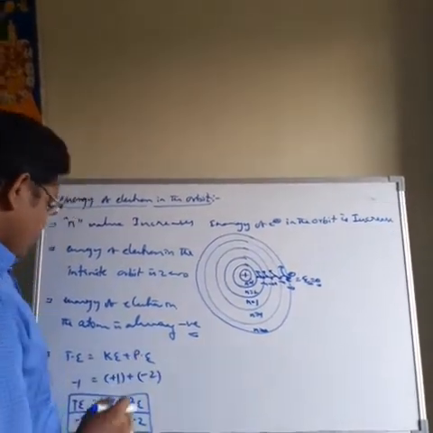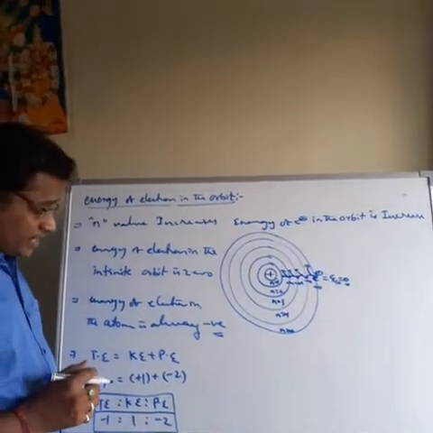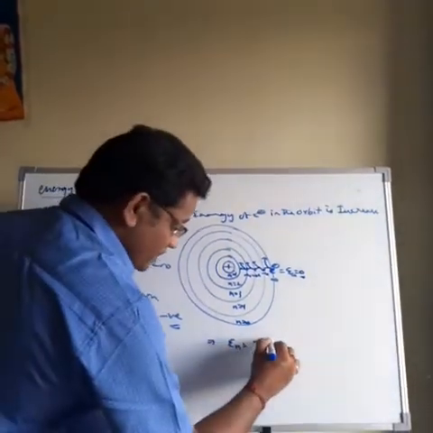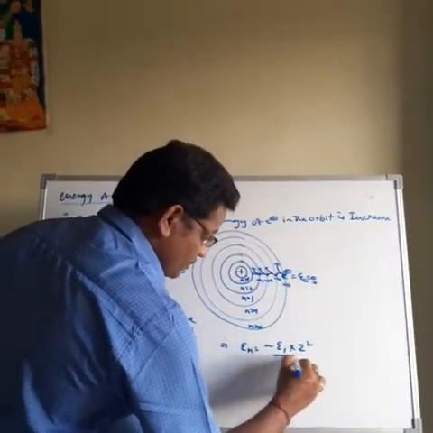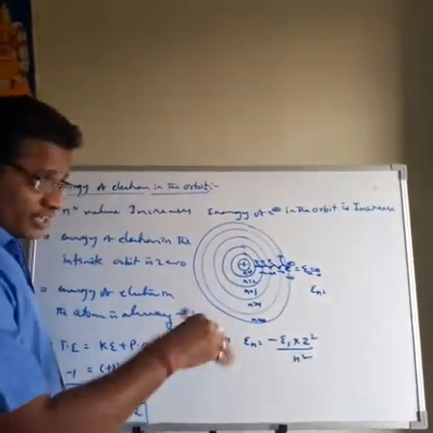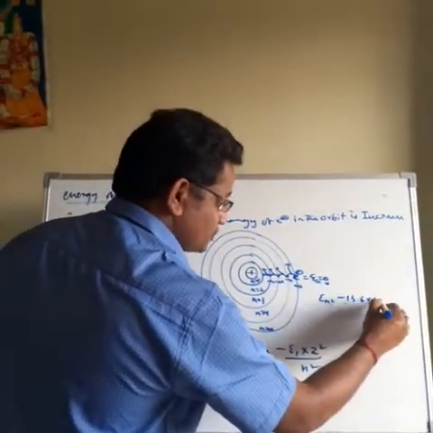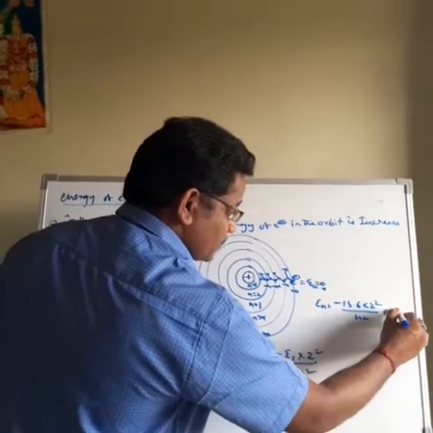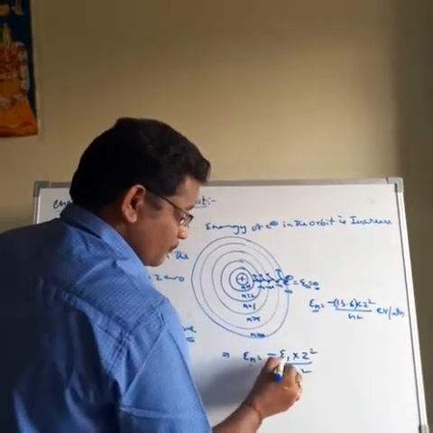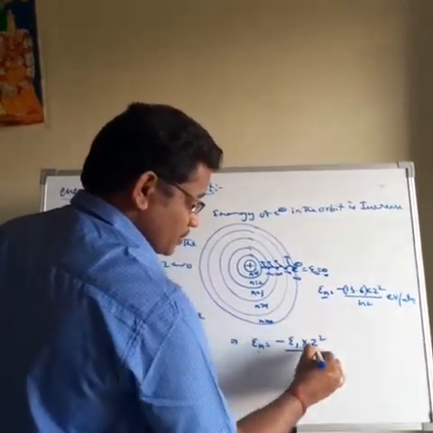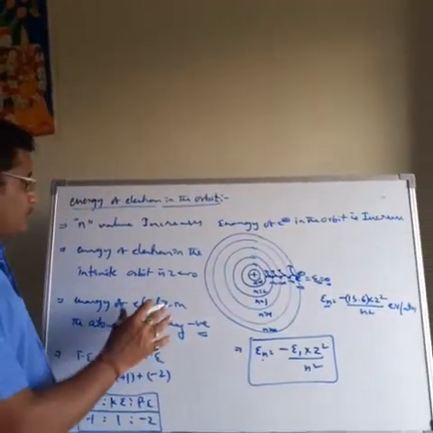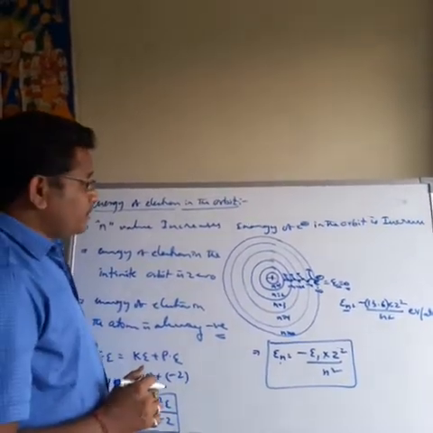So this is the information about the energy of electron in the orbit. And one more last point, here the energy of the nth orbit En is equal to minus E1 into Z square divided by N square. I already told this formula. For example, energy of electron in electron volt per atom is minus 13.6 into Z square by N square. That is electron volt per atom. So the energy of the nth orbit En is equal to minus E1, the energy of the first orbit of hydrogen atom, into Z square by N square. So this is the common formula for the energy of electron in the nth orbit. So this is the information about the energy of electron in the orbit.